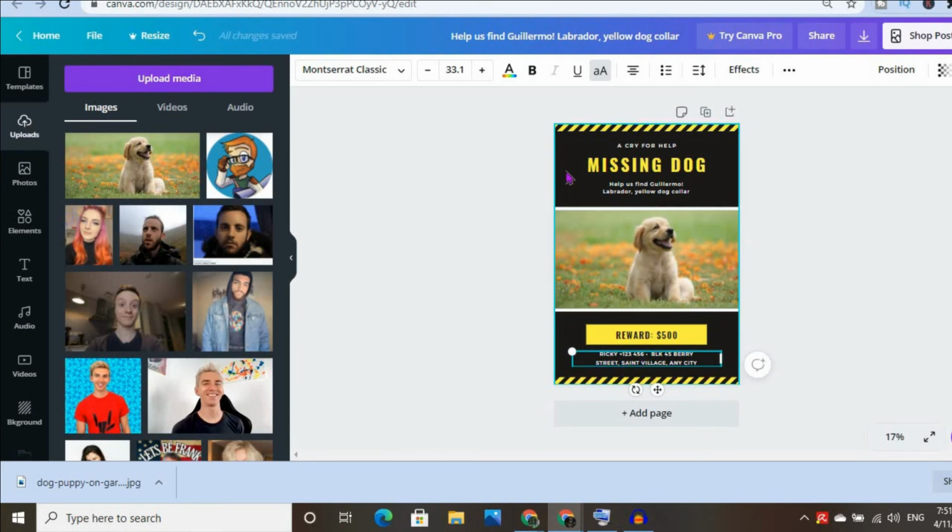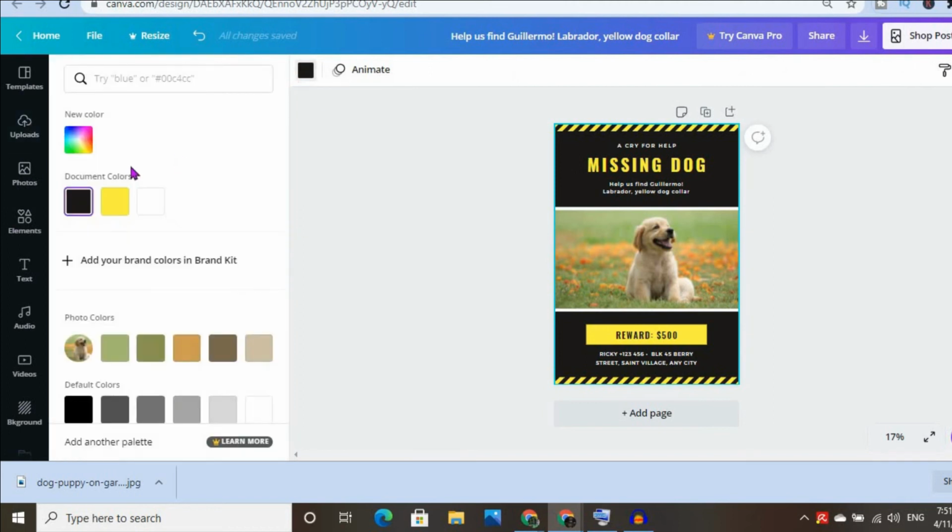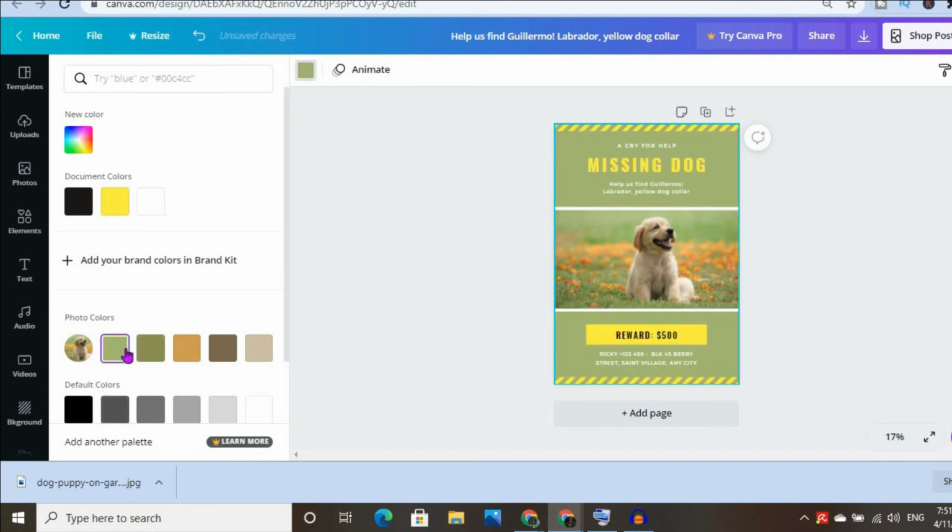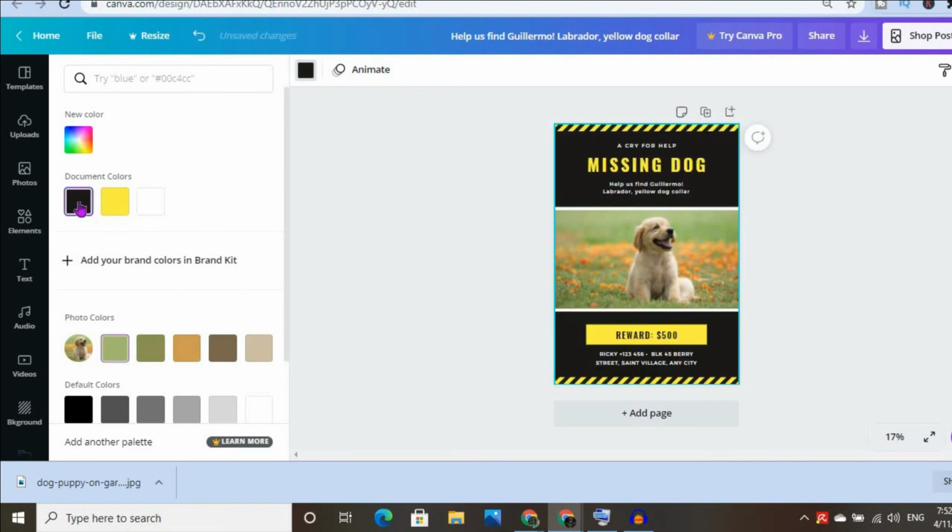And you can also change the background color. You can customize it whichever way you would like. There are numerous ways you can customize it. As you can see there, I feel like the black would be more